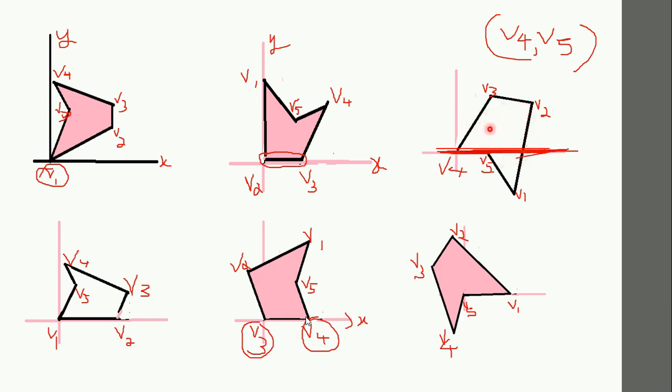This is how the rotational method works. So you can see that every time you are going to rotate the polygon around the origin itself. Okay, so consider here this as the origin, x-axis, y-axis. So this is how the rotational method works.